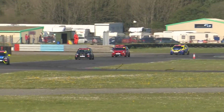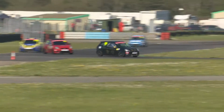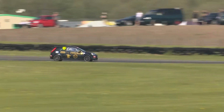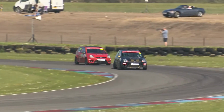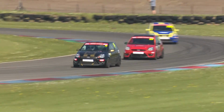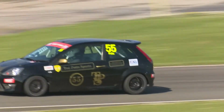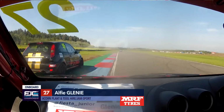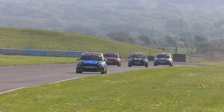youngster from Heathfield in Sussex in the old Lotus livery that you can see there. Ironic that he's got Lotus livery because Abby Locke's family actually run a Lotus concern, Lotus specialists in Woodbridge. So there's a lot of Lotus influence on the grid, and Ted Potts is running well. Say one of 3 drivers joined 3rd in the championship, but Alfie Glennie wants to try and sort that out,